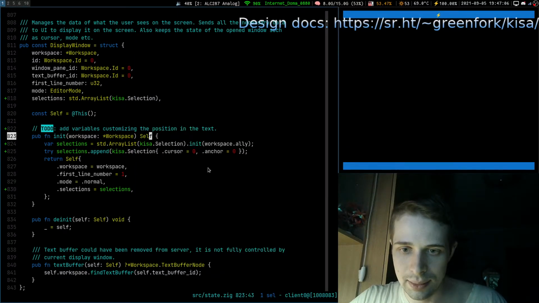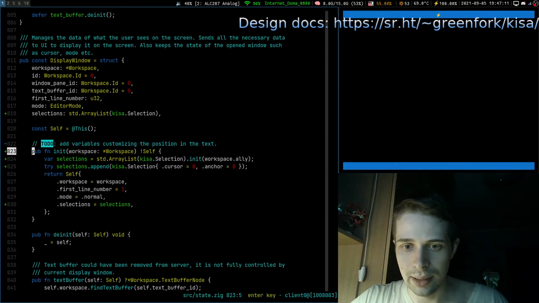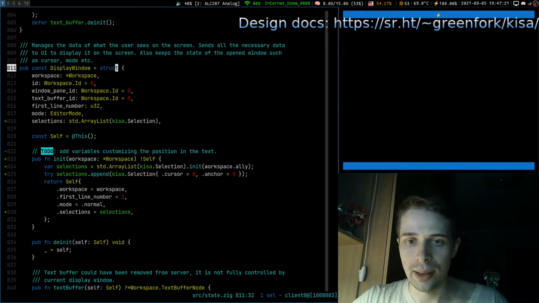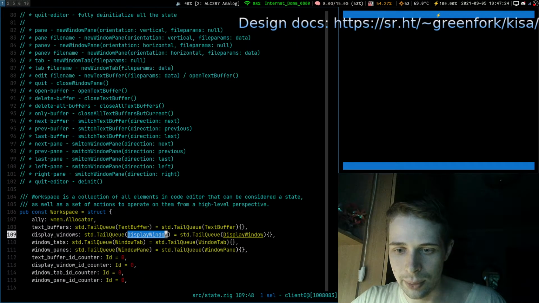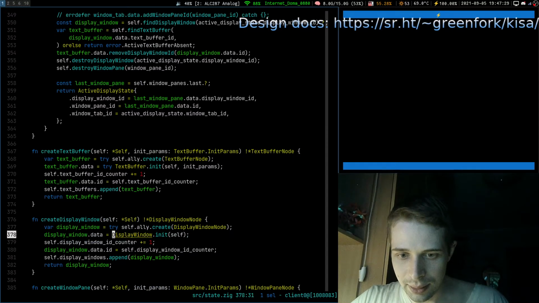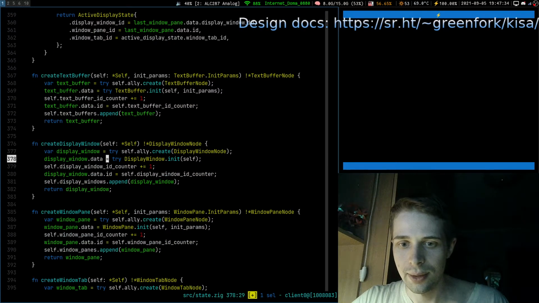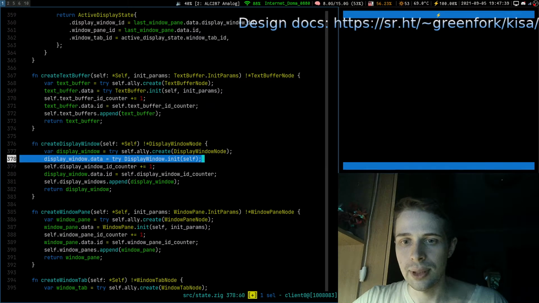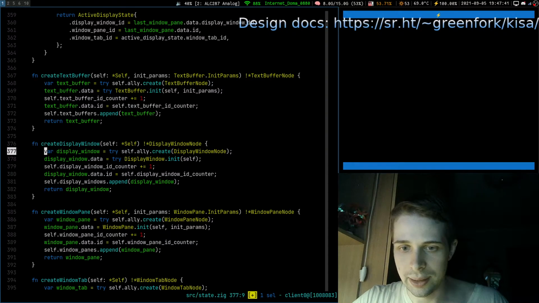Oh, I see. It did not expect that we are going to fail here. So I needed to add this, how's it called, exclamation mark, which means this function can return an error. And now we need to handle this error everywhere where we call display window init. Here, try. And since we do try here and try here, if this try fails, we would like to free the resources which are allocated here.